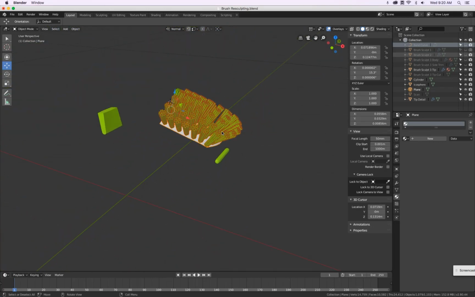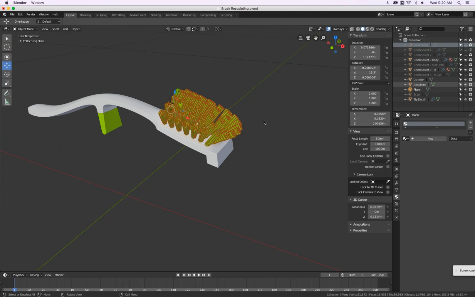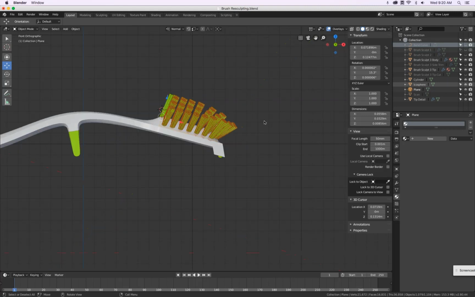And yep, that is everything regarding how we can quickly build the bristles in a pretty good